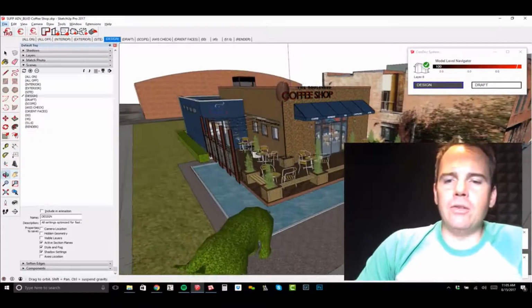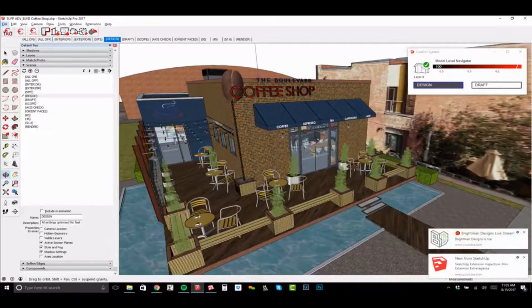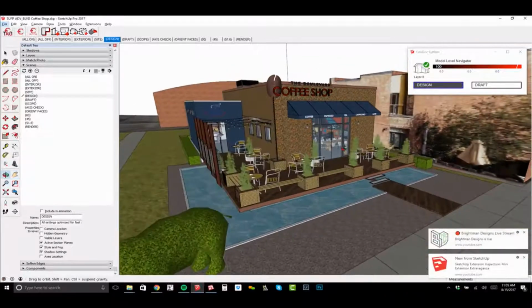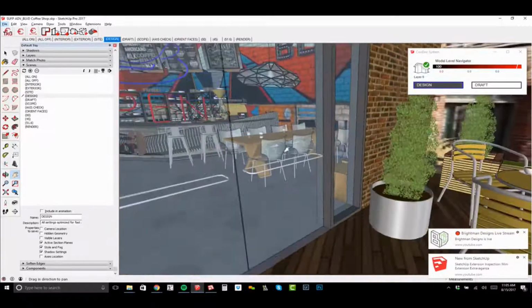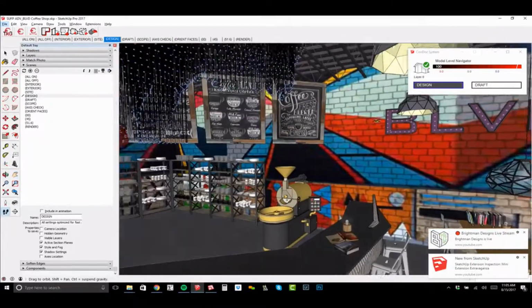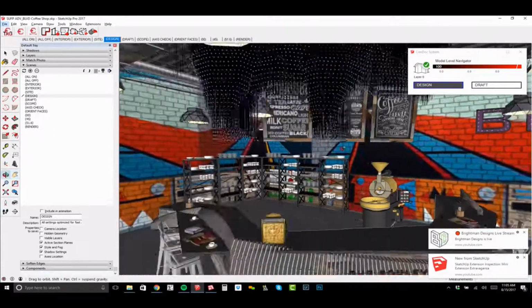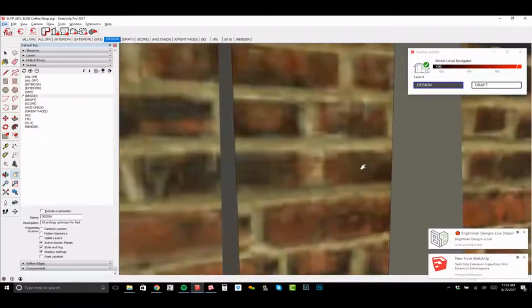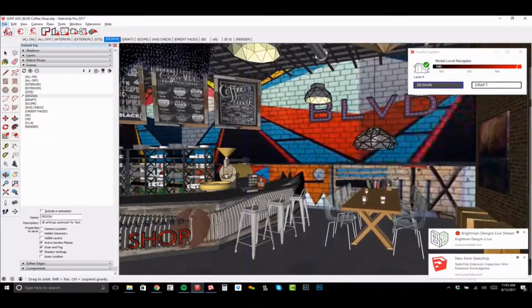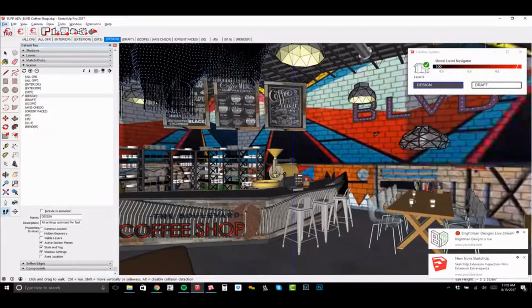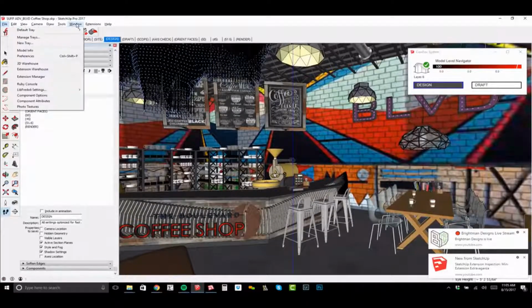This is a new demo model I've created. It's called the Boulevard Coffee Shop, and it's going into our SketchUp for Professionals Advanced course. So it's unreleased, but we are still using this model for a few of our tutorials. As I orb around here, it's a cool, hip coffee shop, and I want to create an interior elevation. All right, so using the ConDoc tools, I can go to